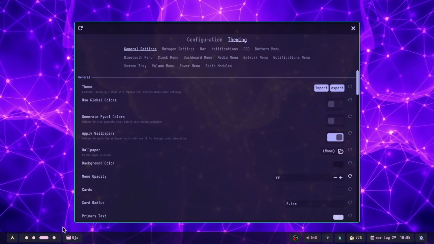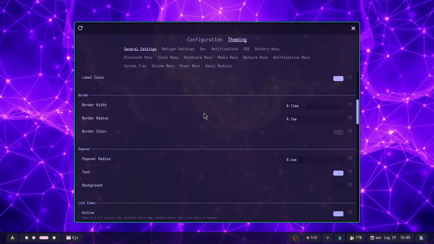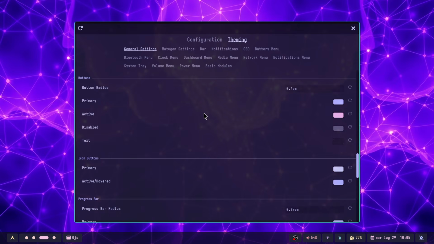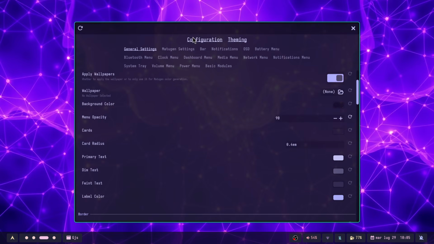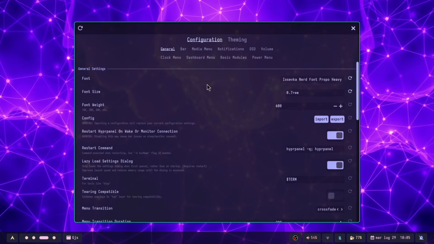You can change the color of the bar, but also individually of every widget. So you can do all the experiments here, but I find more interesting the configuration, because by default, at least